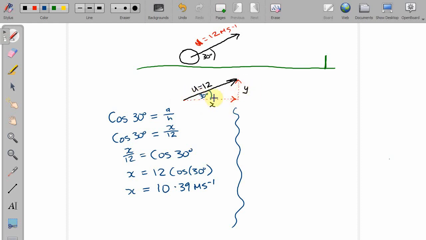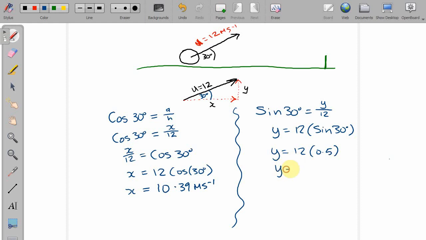So y then is the height. We've got a 30-degree angle here, and we've got the hypotenuse. Y is the opposite for this angle of 30 degrees. So I've got opposite and hypotenuse, which is sine. Sine of 30 degrees is equal to opposite, which is y, over the hypotenuse, which is 12. So I just want y on its own. So I have to multiply both sides by 12, and then switch sides as well. So I end up with y is equal to 12 times sine of 30 degrees. And because I know that that's 0.5, y is equal to 12 times 0.5, so y is equal to 6